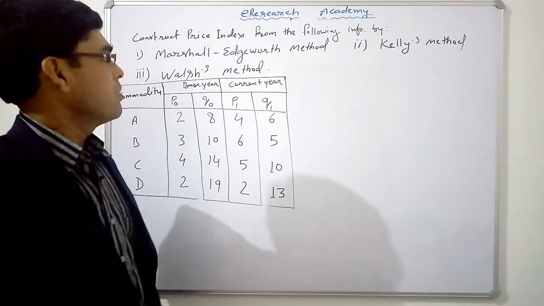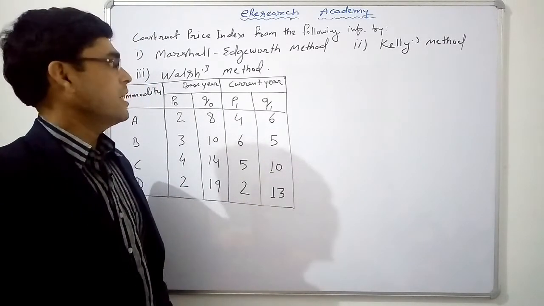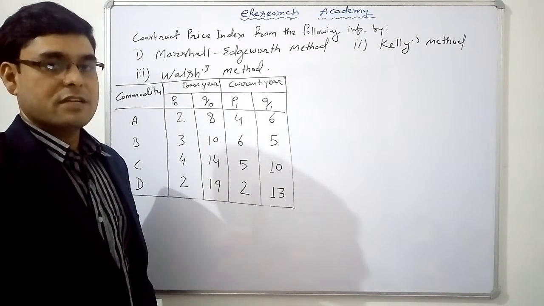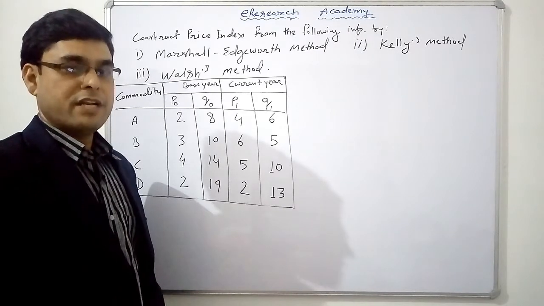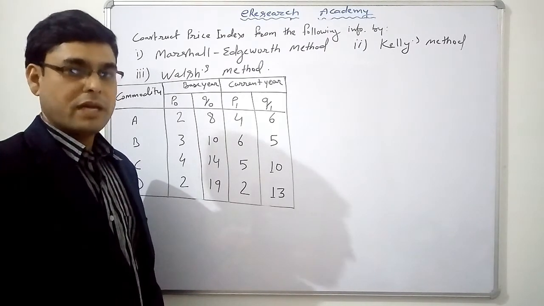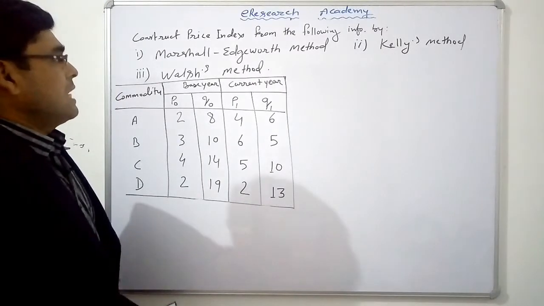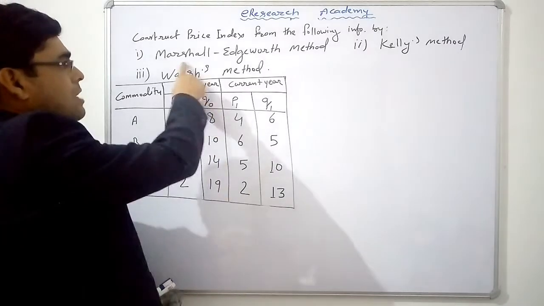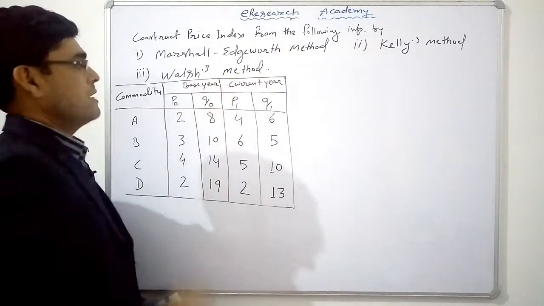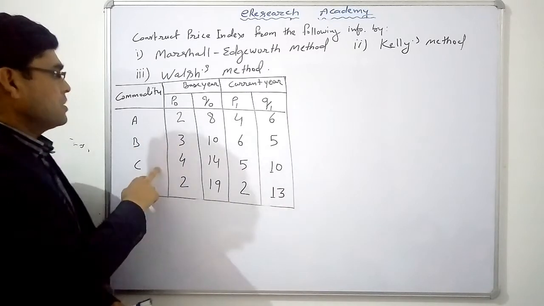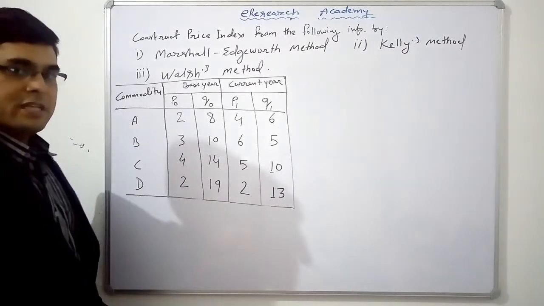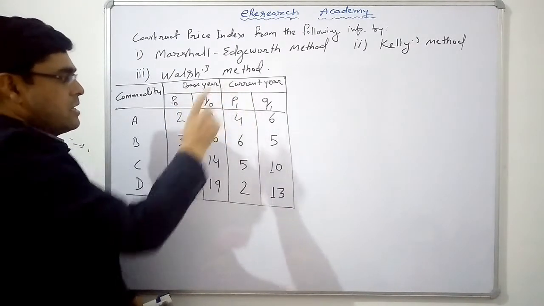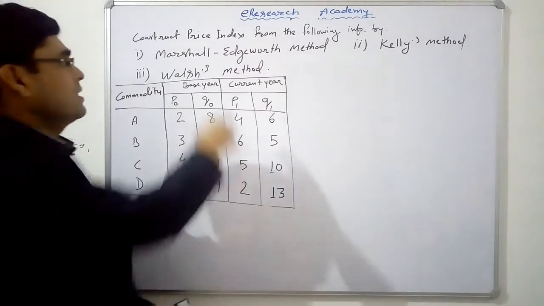So friends, I welcome you all to my statistical series, and today we are going to discuss three new methods of constructing the price index under the unweighted method. Okay, so let's start. We are given some information for getting the price indexes under Marshall Edgeworth's method, Kelly's method and Walsh's method. We have commodities A, B, C and D with their price and quantity of the base year and the current year, and we have to construct the index number